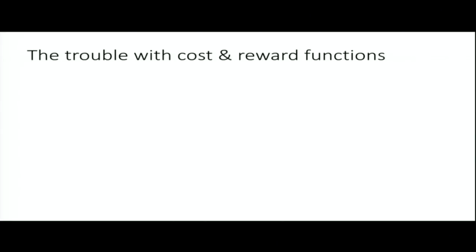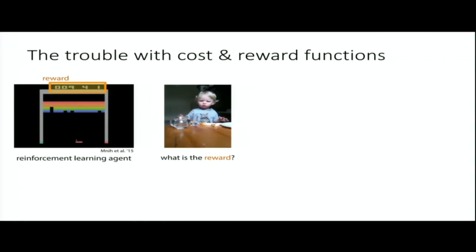So what's the trouble with rewards and cost functions? I talked about this a little bit last week: in a lot of simulated benchmark tasks like this video game agent, maybe you have a score that tells you how well you're doing, and that gives you a very natural notion of reward. The real world often doesn't expose a very natural notion of reward. If you have this kid who needs to pour a glass of water, and instead of a kid you want a robot, now that robot needs to figure out whether it has actually poured that glass of water successfully, and that might be a very difficult perception or computer vision problem in its own right. This is something important to keep in mind, and we'll talk about some ways to mitigate that.